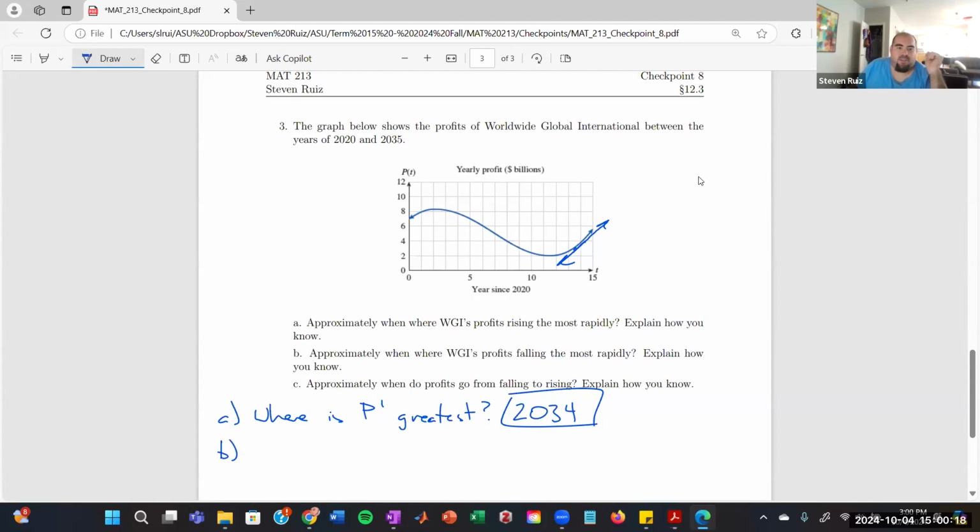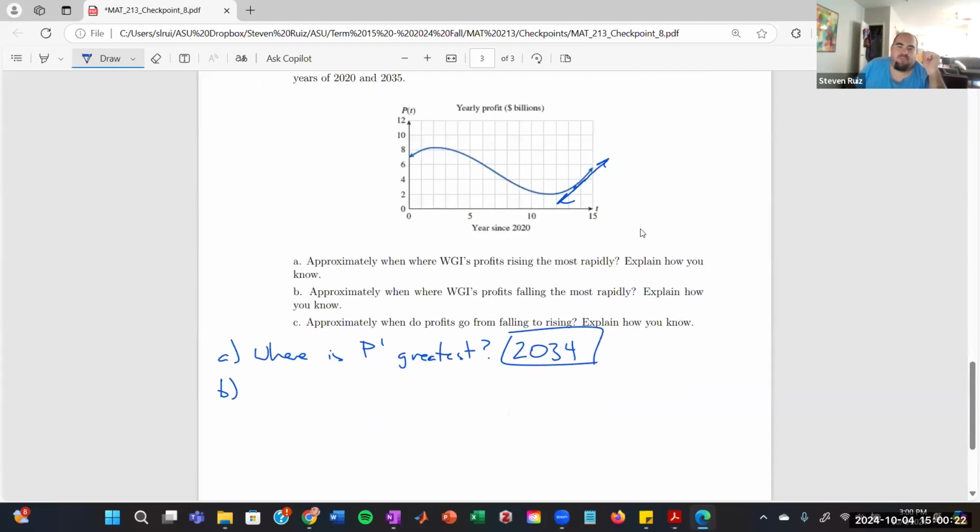What about question B? When are they falling the most rapidly? So where is P prime the least? So where do I think that's happening? Well, it's probably not going to be happening anywhere where I have positive slopes. So where is the slope most negative? I think that's around,